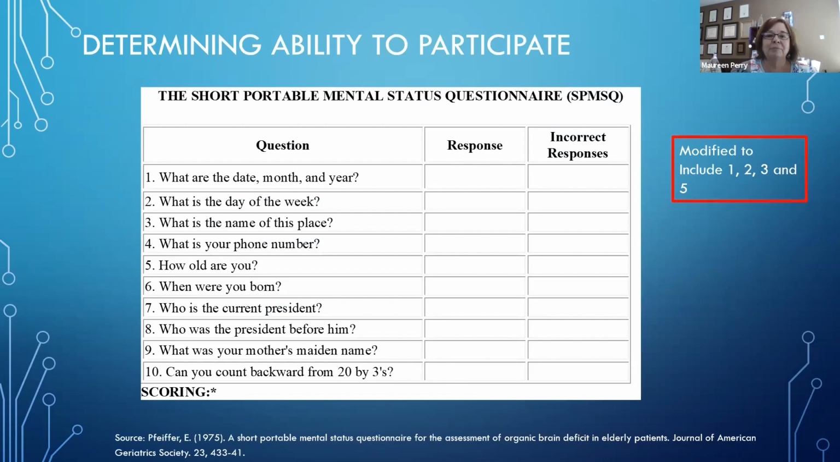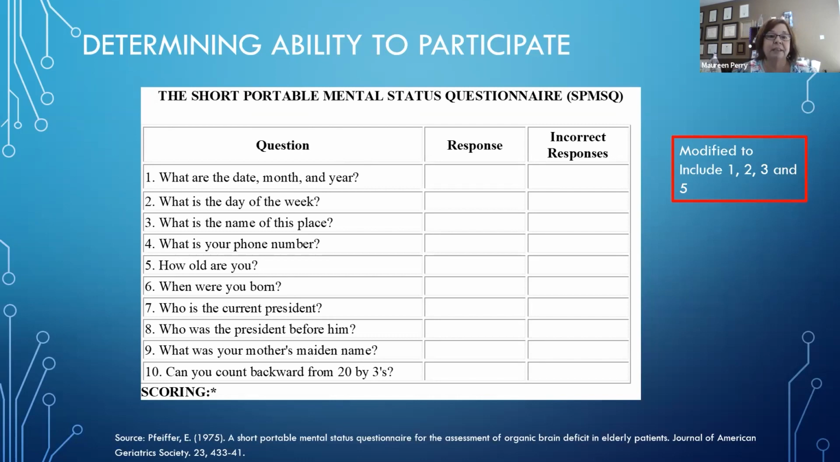So we did, this was before the SLUMS was there, and we tried to use this questionnaire from Pfeiffer, and it's really used for geriatrics. It's a much better tool. So we tried to find different tools, and in the end, we modified this to just be questions 1, 2,